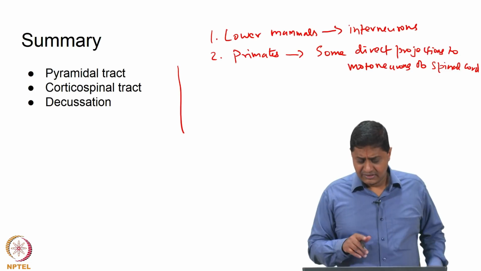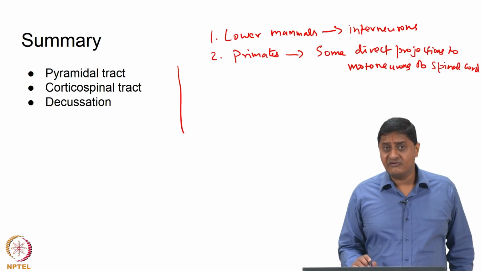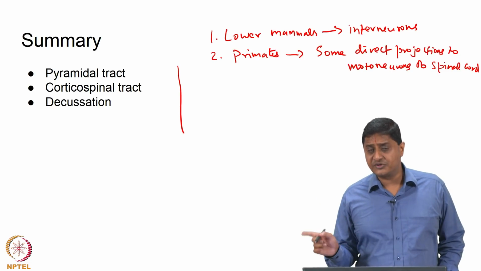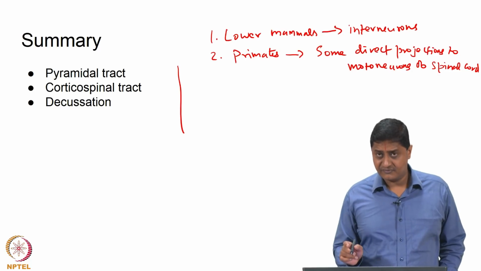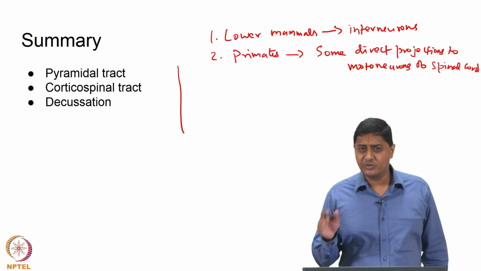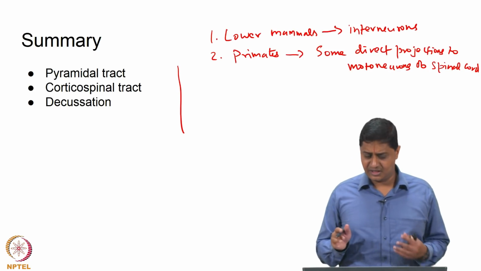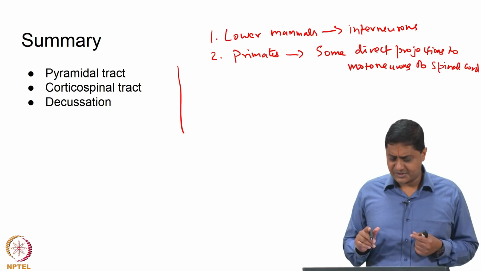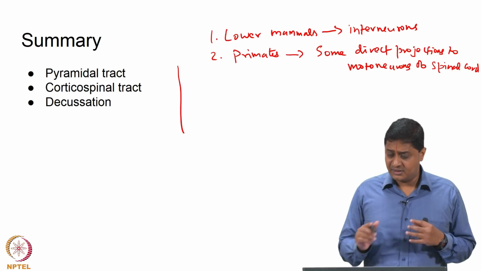Also, what we have not discussed is the role of the non-cortical projections to the spinal cord. We have not discussed that in this class; we must discuss it in future. These are the rubrospinal, reticulospinal, and vestibulospinal pathways. We will discuss that in future. But within the corticospinal case,